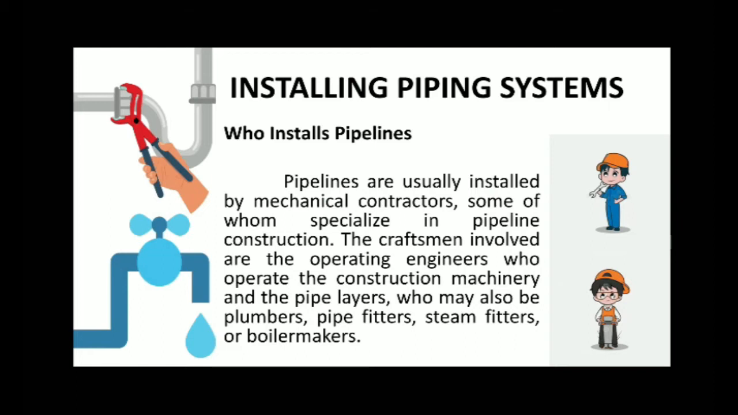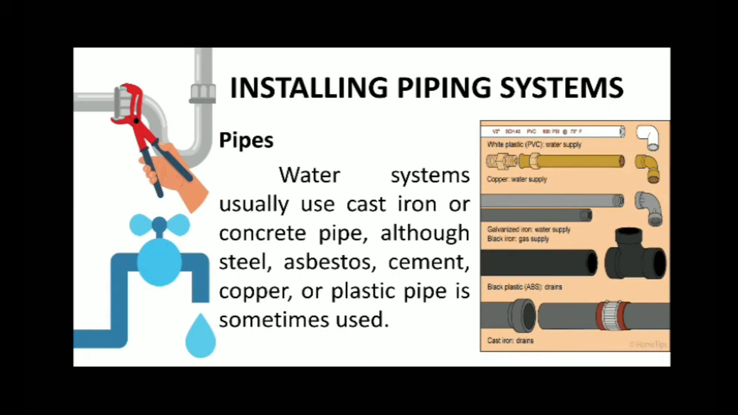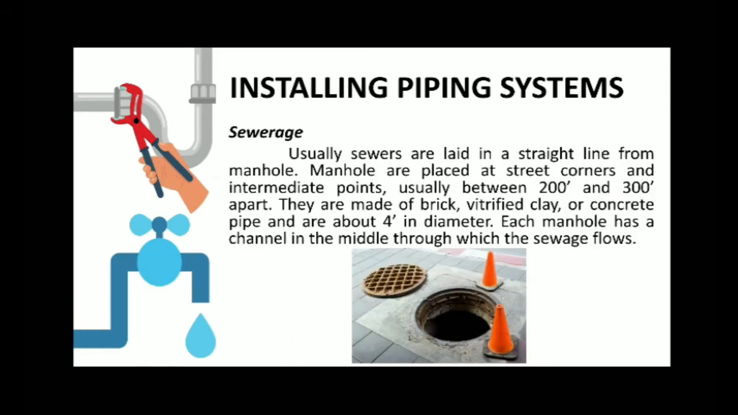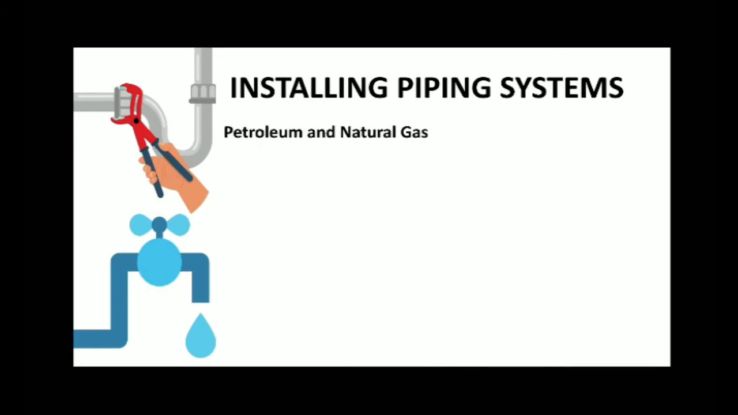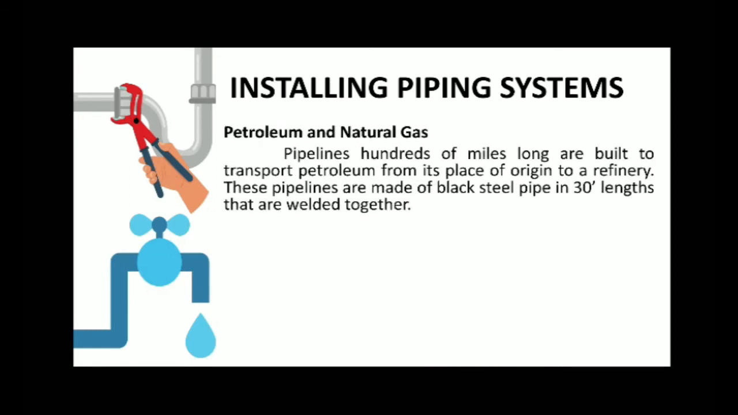Pipes. Karaniwan na gumagamit ng cast iron or concrete pipe para sa water systems, although pwede rin naman ang steel, asbestos, cement, copper, at plastic pipes. Hindi man common ang mga manholes dito sa atin, for sure all of us have seen one somewhere such as in movies. These are part ng sewerage which are placed at street corners and intermediate points usually between 200 feet and 300 feet apart. Sa pag-transport ng different kinds of oil and gases, pipelines could be hundreds of miles long